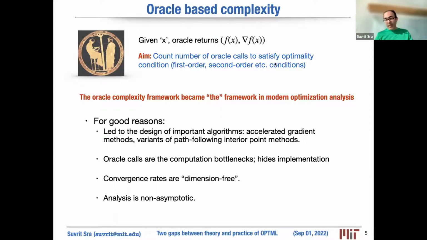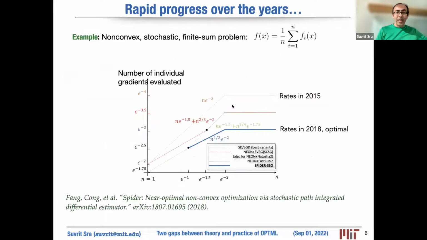And more importantly, the kind of computational complexity analysis that has been very valuable and of great interest in our community is that it's non-asymptotic analysis. So you're not saying in the limit of infinitely many iterations what happens. You're saying after 10 steps, after 100 steps, where is your method? How close to done are you? So all of that is good, except